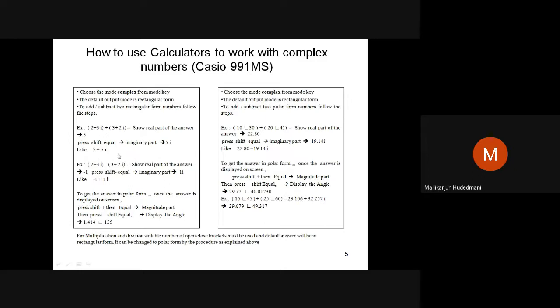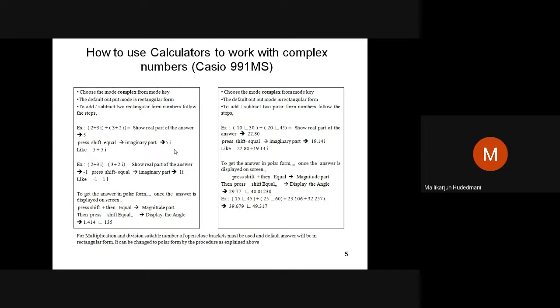So the calculator will not show you the total answer. It will show first 5, later it will show 5i. So when it is showing you 5, there is an R letter in the LCD display. Then when you use shift equal, 5 comes. There is a corner in the display where a small letter i displays. That's called the imaginary term. So this you need to notice from the LCD of your calculator. So what did you get now? Addition of two complex rectangular quantities.